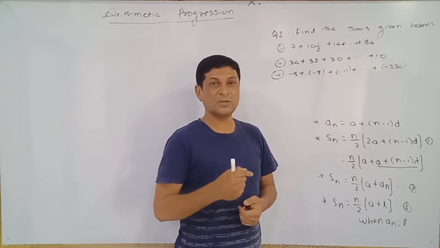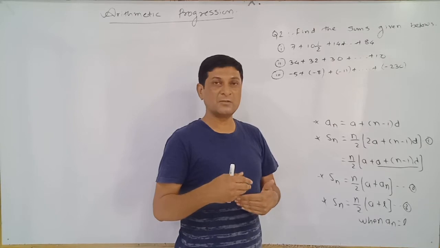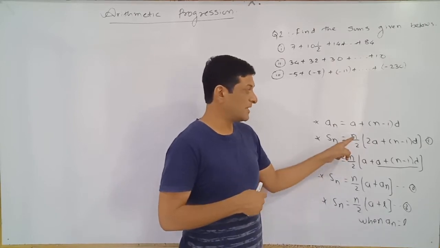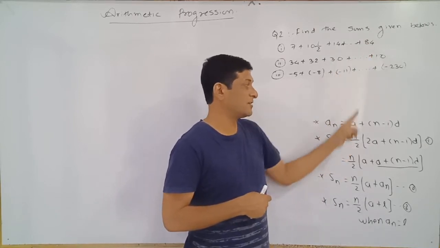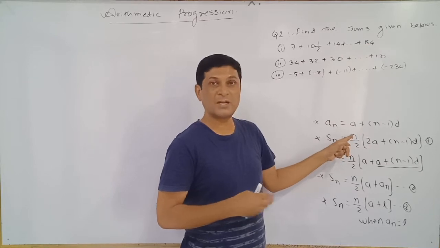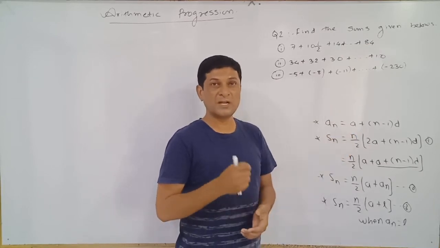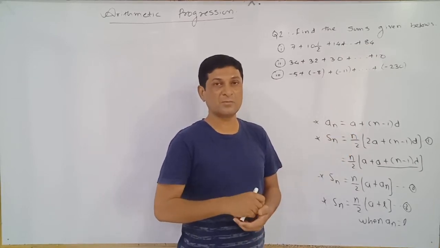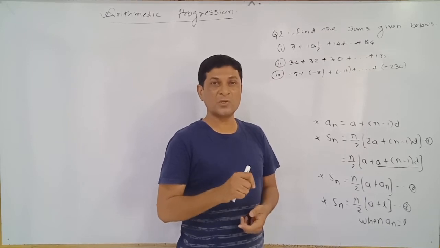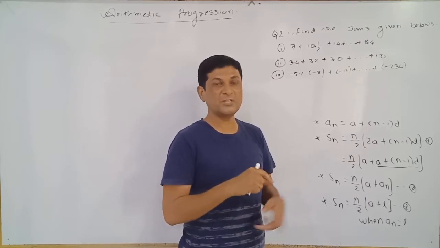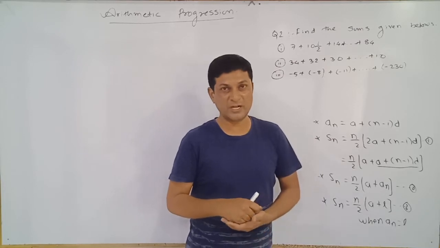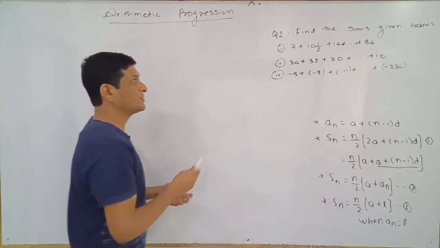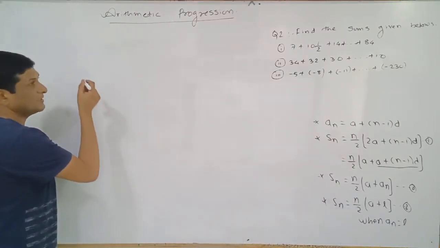If that term were known to us, we would be able to replace n. If suppose it is the 100th term, we could replace n by 100. But as it stands, we don't know which term 84 is. Means first we have to find the value of n, that is, 84 is which term in the arithmetic progression. So observe the given condition in this example.